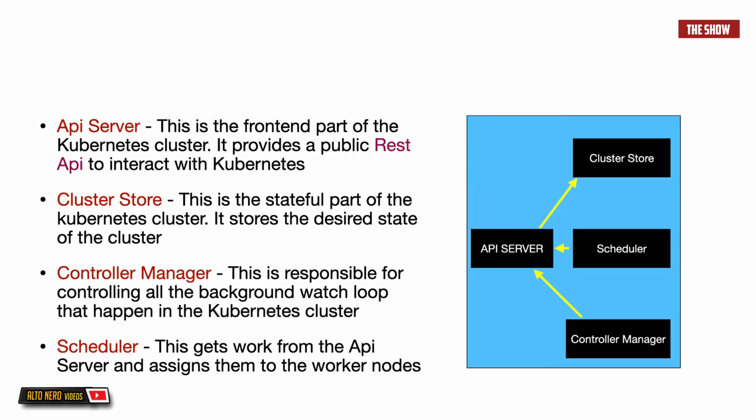Now let's talk about the components of the control plane. As we saw, one of the components is the API server. You can think of the API server as the front end of the Kubernetes cluster. All communications between components must go through this server. It basically exposes a public REST API interface to the cluster so that users like you and I can interact with